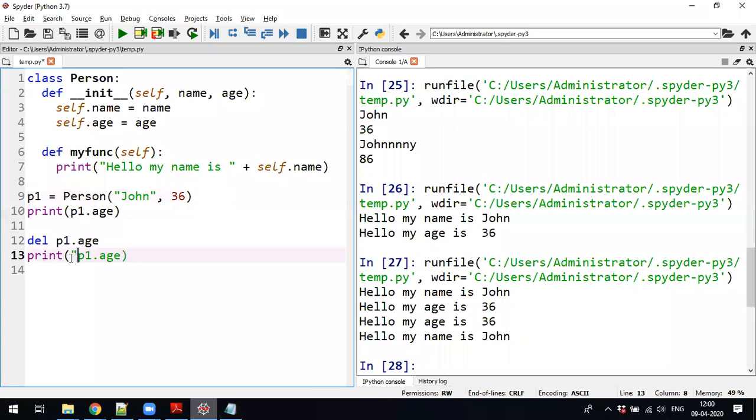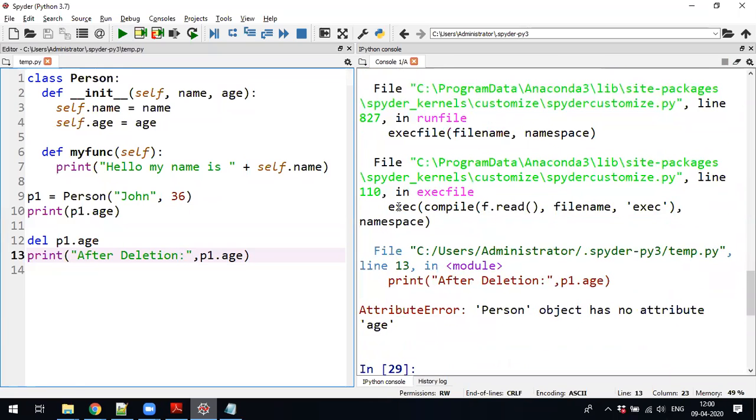Then after deleting, I'll try once again. After deletion, it is not able to get the attribute.